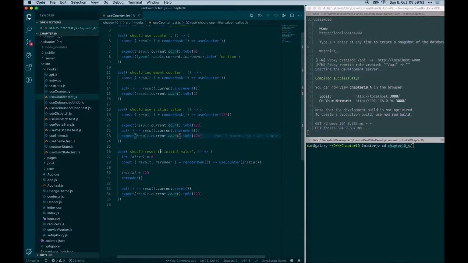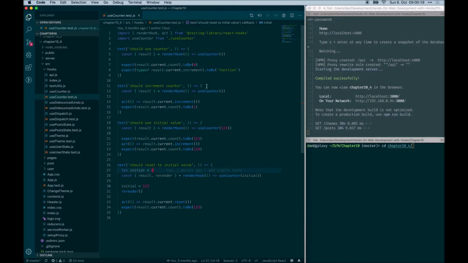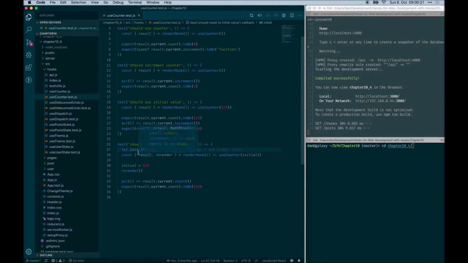And then finally we tested if the reset function works by setting an initial value and then a new initial value and then re-rendering our dummy component, which is used for the tests. And we need to do this because otherwise the hook will not know that it should re-render when this value changes, because we're not dealing with an actual component here. It's just a test component within the React testing library. So we have to tell the React testing library when to re-render